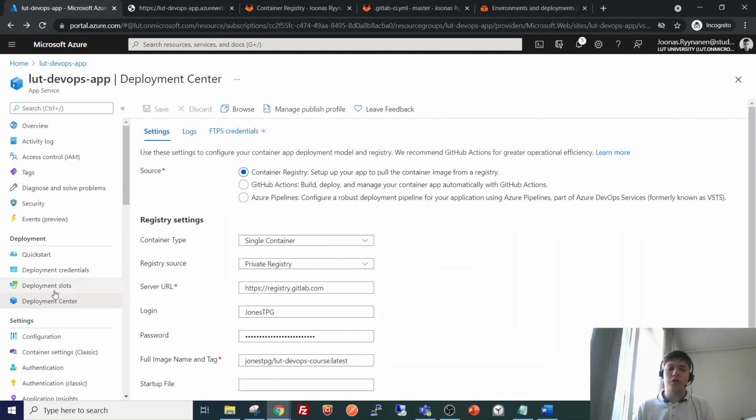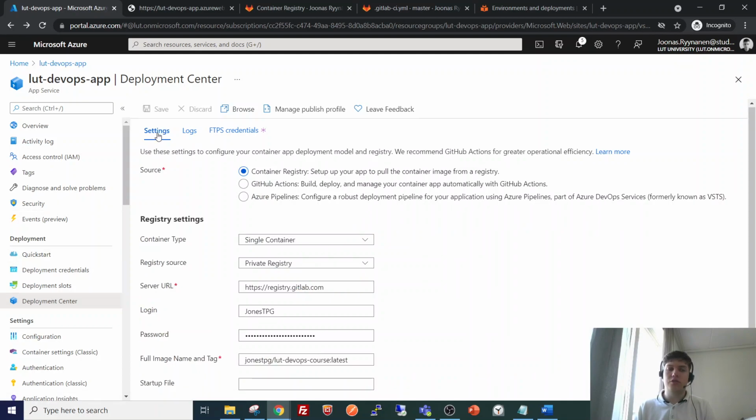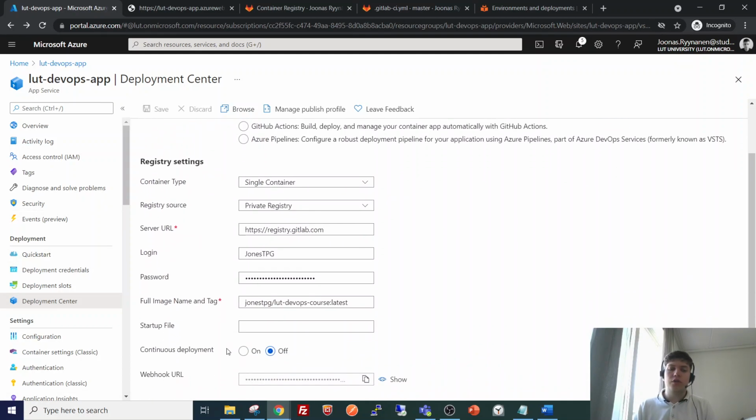And if we go to the deployment center and the settings pane here, we can see that there is this option for continuous deployment. This switch alone doesn't do much, but we are interested in this webhook URL here. This URL basically launches a new deployment event on this Azure Web App Service.